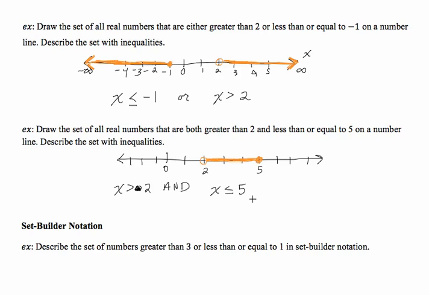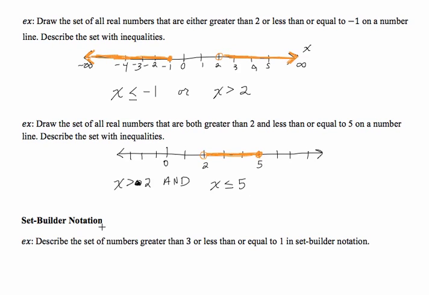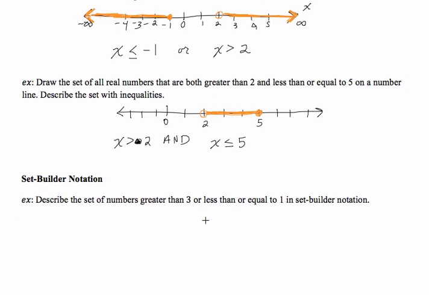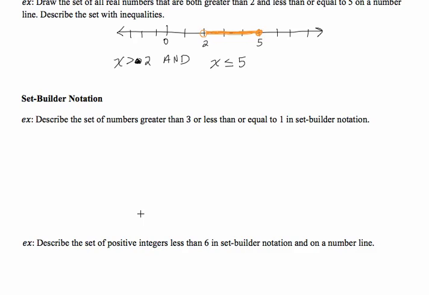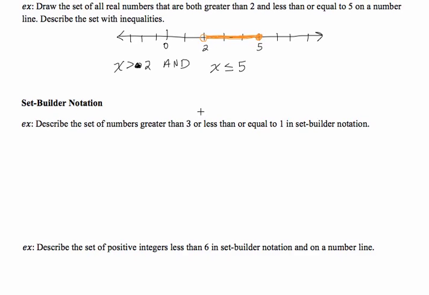Okay, now let's look at some formal ways to write set notations. The first one is set builder notation, and it's just an extension of inequality notation, which is what we were using here and here. Okay, I want to describe the set of numbers greater than 3 or less than or equal to 1 in set builder notation. Okay, so that's the set of all numbers. Now we have to give it a variable name, just like we did up here. We called this x to describe the numbers. So I'm going to say it's the set of all numbers x. Then you put a long vertical bar, and that means such that, and I'll write that out in a moment, such that x is a real number